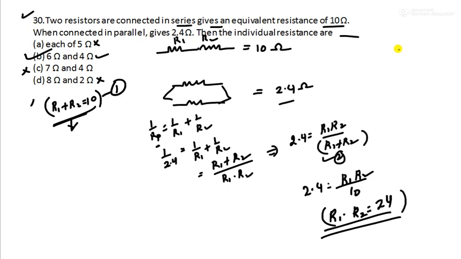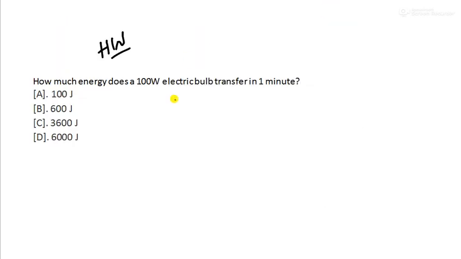As I said, I'm going to give you two homework questions, so you can take a screenshot, solve it, and write the answer in the comment section. Don't forget to do that. This is your first homework. It's based on theory and numerical, so you can assume it as question number 31. Write the answer of this 31 in the comment section. And question number 32 is, what is the SI unit of electrical resistivity? Write the answer of this question also in the comment section.